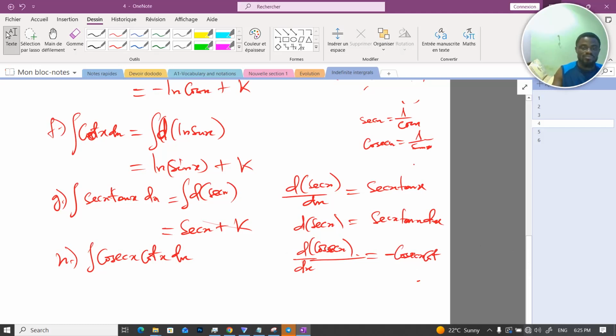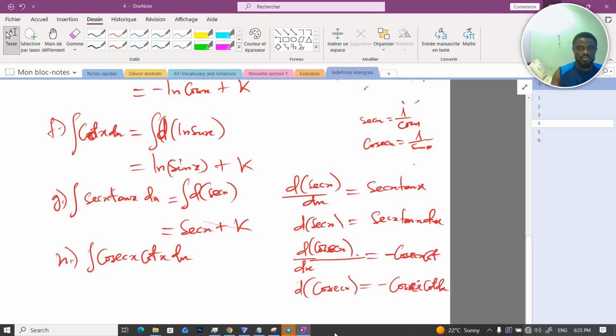So just try to differentiate this cosec x. Cosec x is the same as 1 on sine x. You use your quotient rule and you'll be able to differentiate this and have this answer. So from here you have d of cosec x, which is simply equal to what? Minus cosec x cot